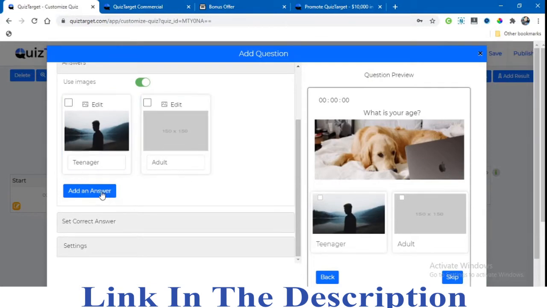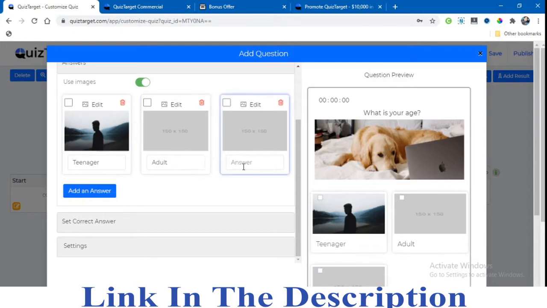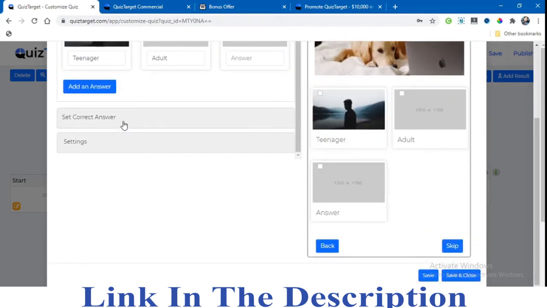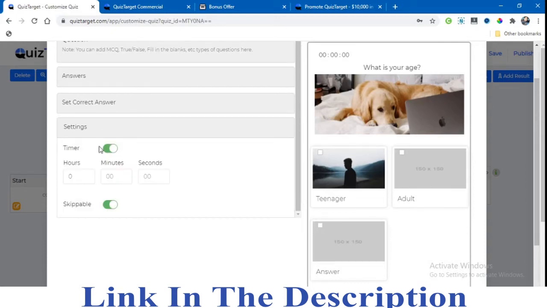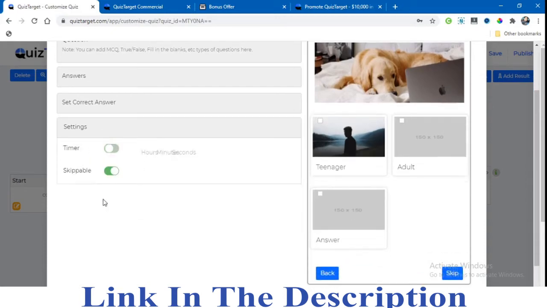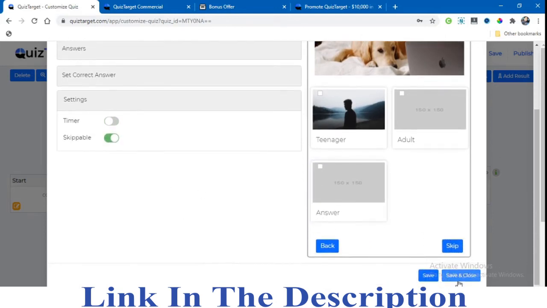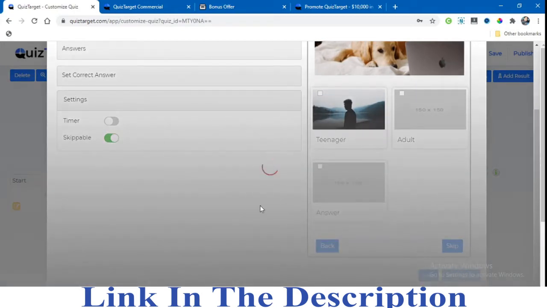And if you want to add another answer, you can add it here. Next, you can select the right answer from here. You can give a timer for your questions, and you can make them skippable questions. So okay, skip it, and then next.